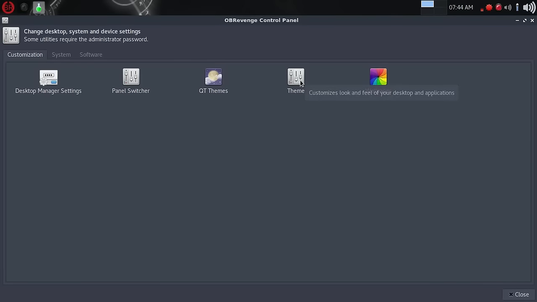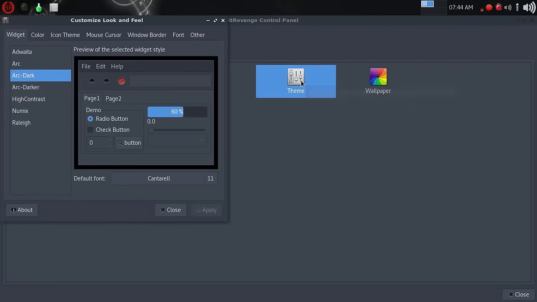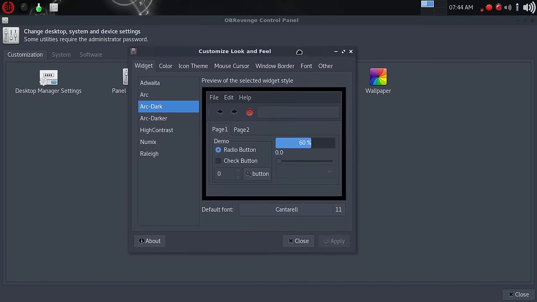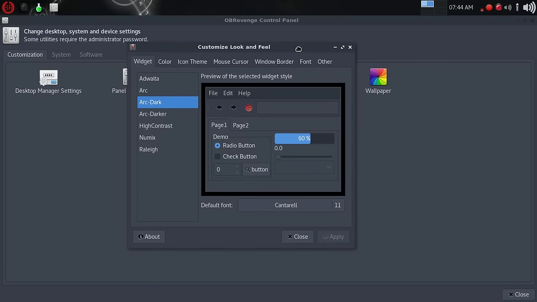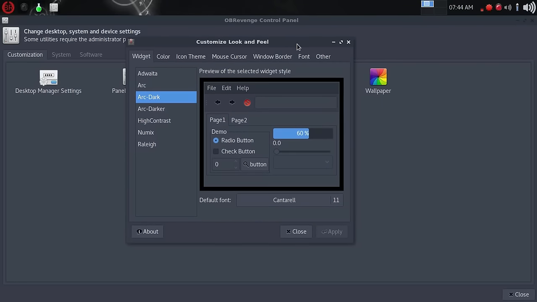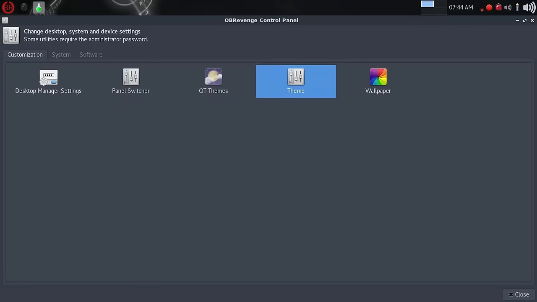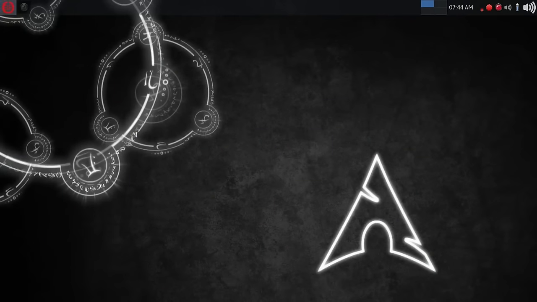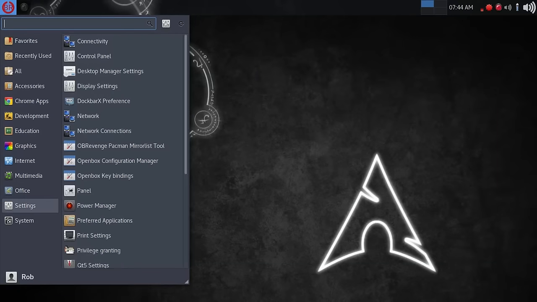Now, you also see here theme settings, and then there's a Qt theme setting as well. Here's what looks to me like a more common theme setting control that I'm used to seeing. I noticed that, and I'm going to just jump around a little bit, there are also lots of configuration settings for OpenBox.